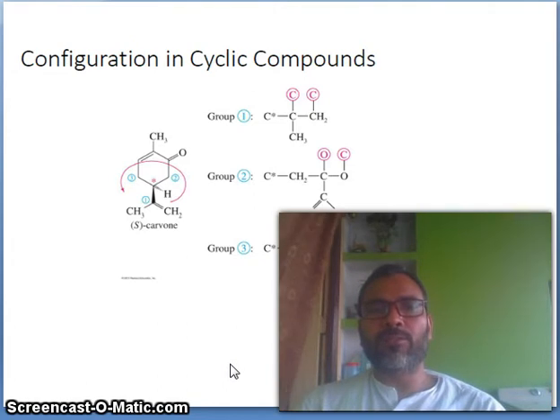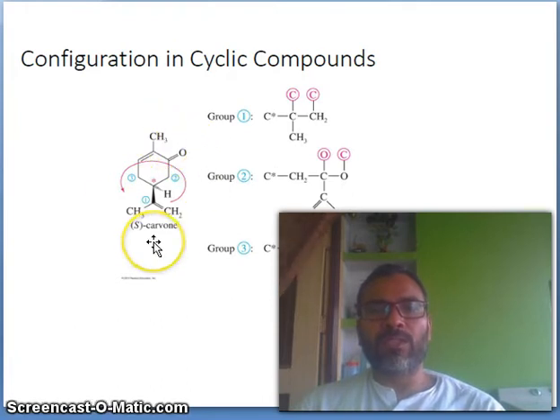Today in this video I am going to explain about conjugations in cyclic compounds. In the previous video I already discussed the basics of stereochemistry. Now in this video I am going to explain the conjugation in cyclic compounds. So look at this molecule. This is the S carbon. The carbon where there is a star is the asymmetric center.